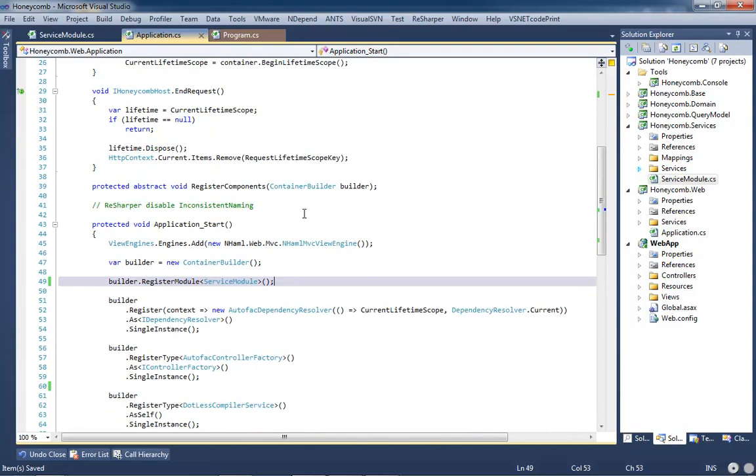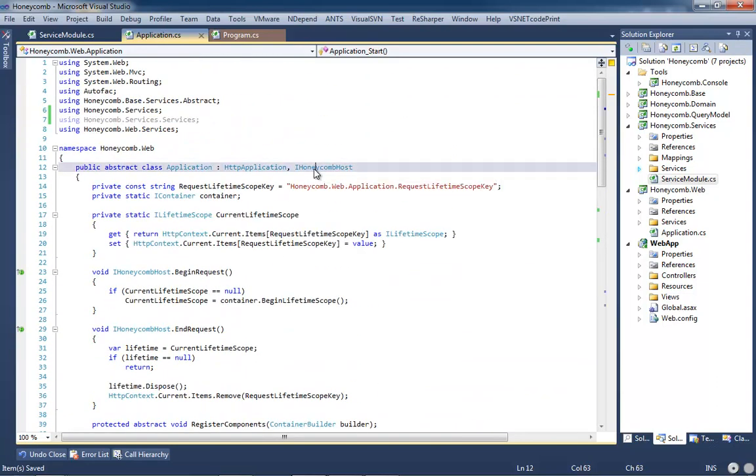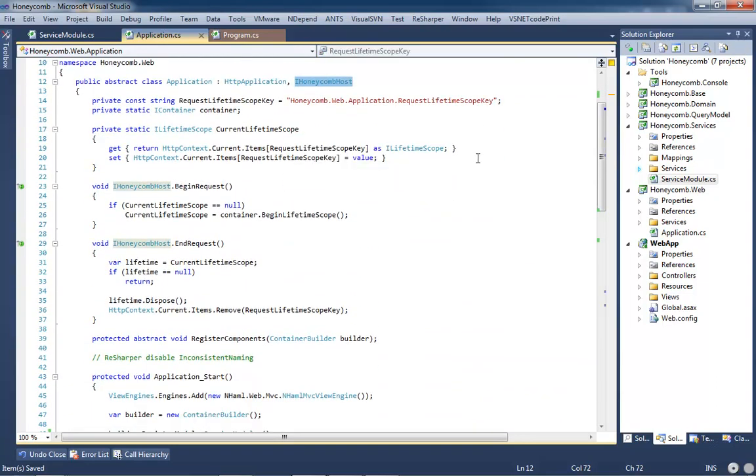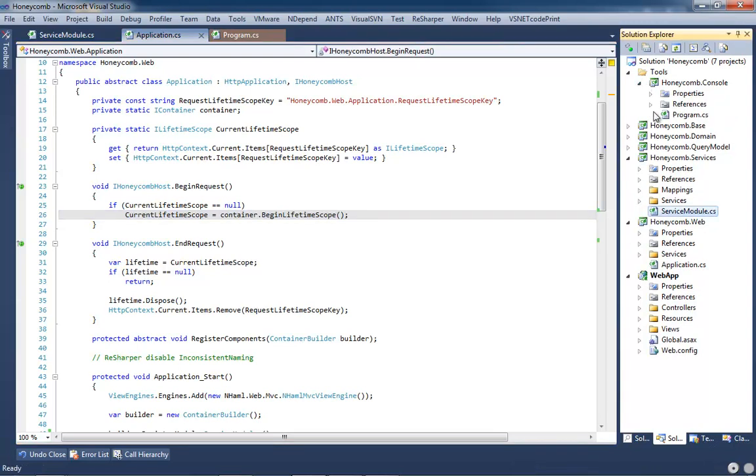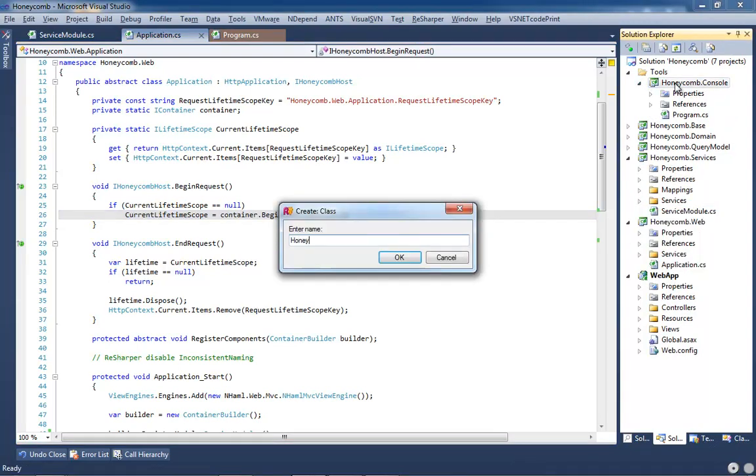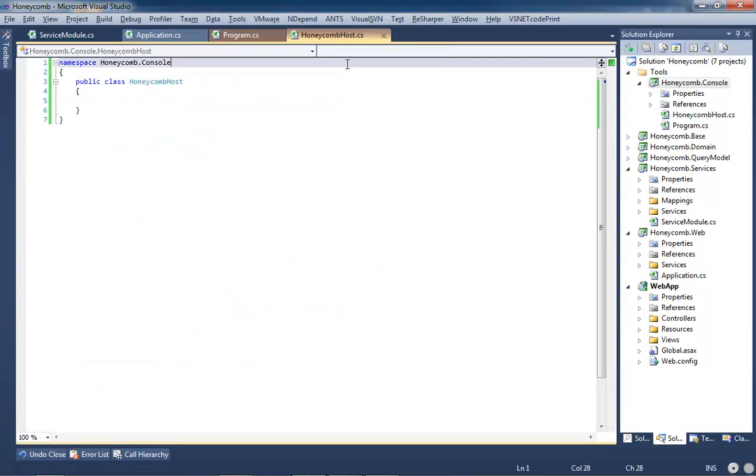In addition, you'll remember we have the IHoneycombHost interface, and that has the BeginRequest and the EndRequest methods. And that's because I wanted to create a honeycomb host object that has an overarching relationship to the lifetime of a request. And we're going to replicate this in our honeycomb console by creating a HoneycombHost class, and it's going to implement the IHoneycombHost,